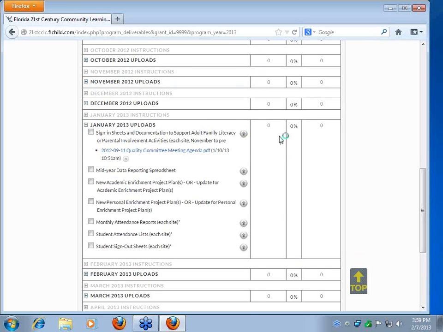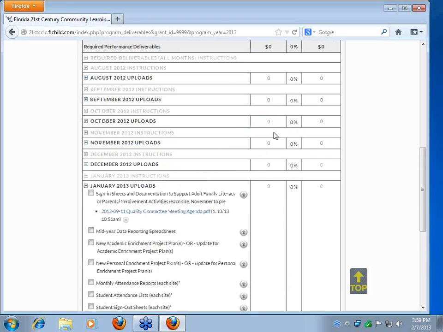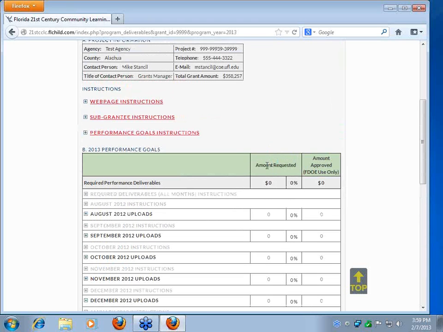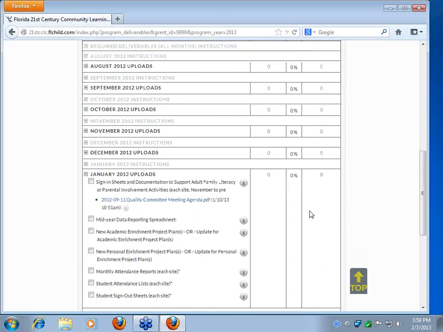There are a couple other things in this box here. These zeros you're welcome to use internally if you'd like to, but they don't have any bearing at the state level. It's really just for internal use, but this is the amount that you've requested for that month and the amount that was approved. Again, this won't show up anywhere in the state records. This is just for your own use if you'd like to use it. Also with these check boxes, these won't stay checked for you, so don't worry about whether or not they're checking off. Okay? All right, so with each month, you might look at a deliverable and ask what you should upload